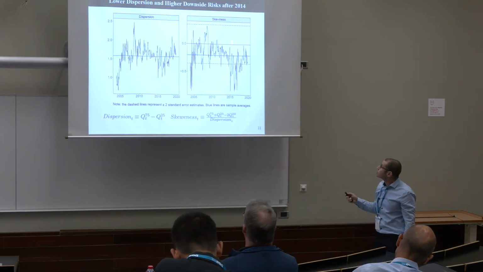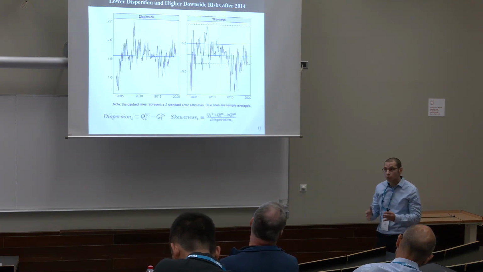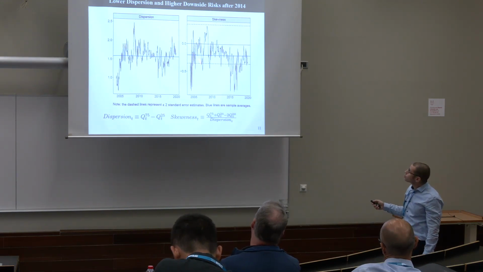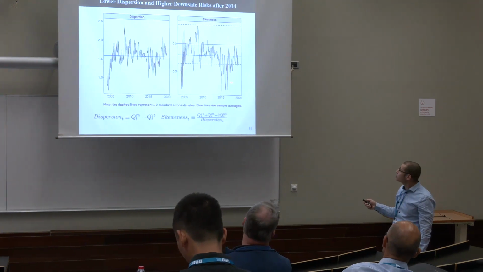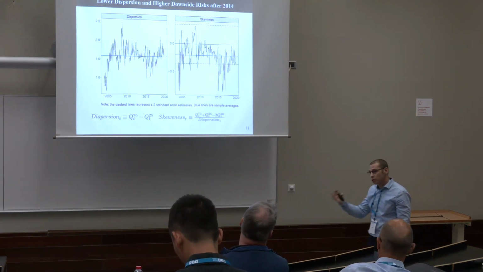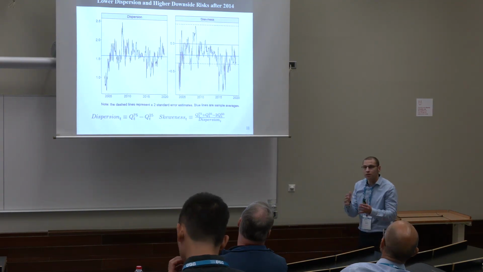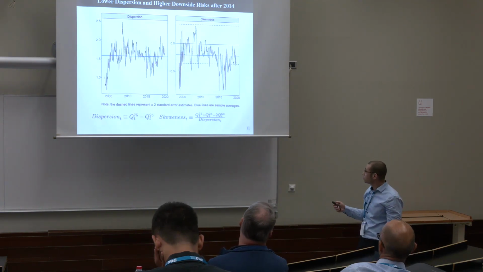On the right side, you can see the skewness of the distribution. We take it to be the measure of balance of risks. And again, a similar behavior, some fluctuations around average value up to 2014, and then those big drops that reflect the dominance of downside risk. Now here, perhaps I should comment that the data is very noisy, but the main message here is just the change in behavior that you can see here and here.